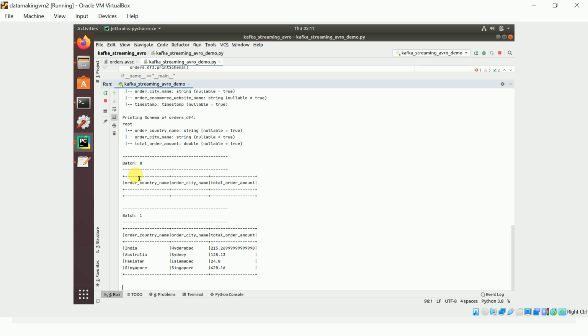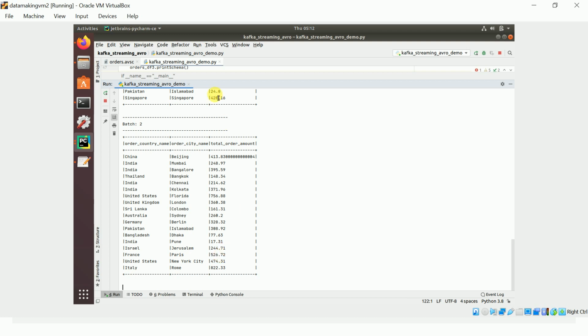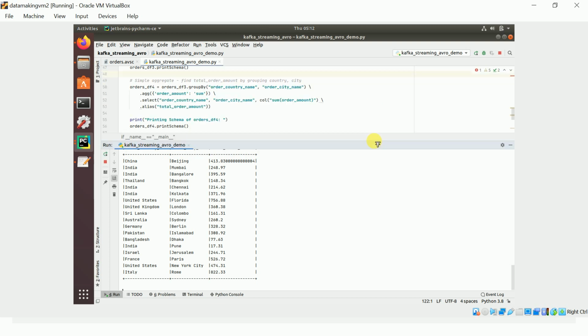The first batch has come with India, Hyderabad, Australia, Sydney, Pakistan, Islamabad, Singapore. So these are the 4 cities for which we got the total order amount. In the next iteration we got many countries, many cities. So this is how you need to consume your data from Kafka, which is a Kafka topic,